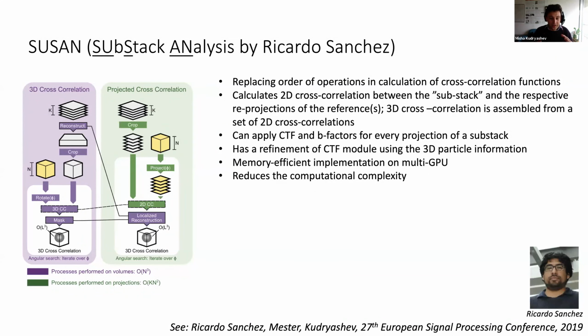It has a couple of perks, such as you can apply the exact CTF defocus and B factors for dose weighting directly for every projection in a substack. And then you can also play with excluding certain projections in a very, very streamlined way. It's a very efficient